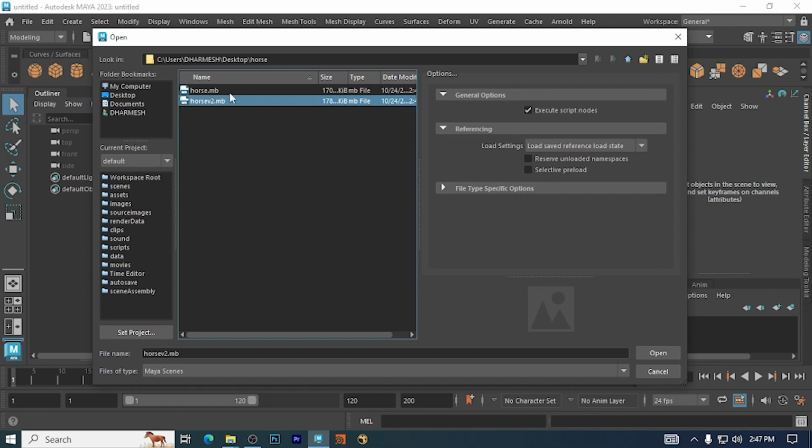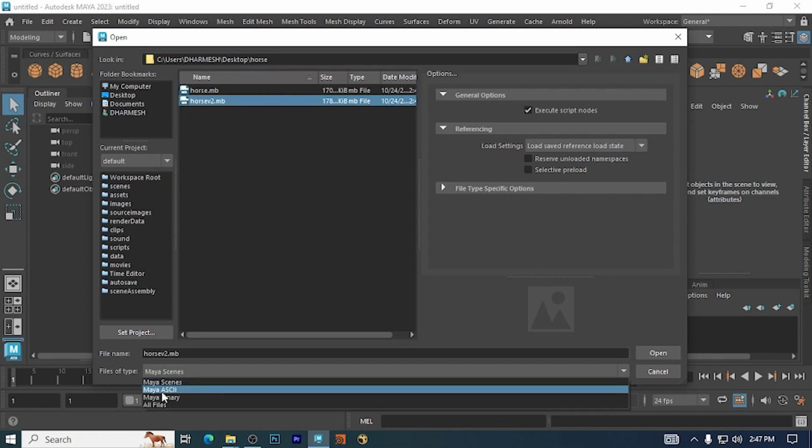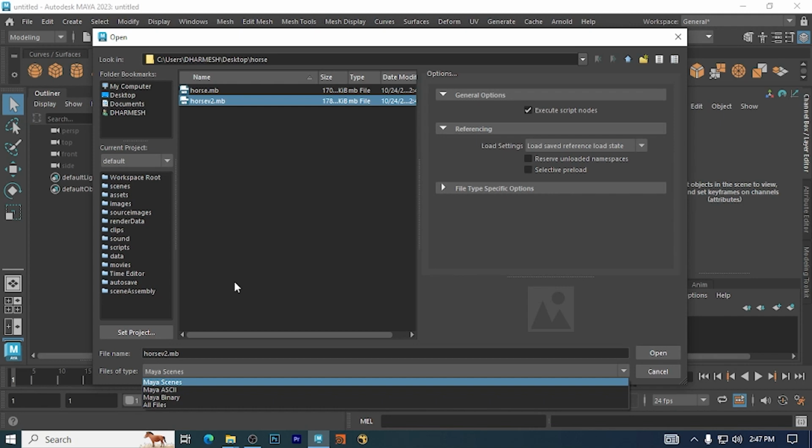So what is .mb? MB represents Maya binary, and we have two options to save a file. First is Maya binary and second is Maya ASCII. We can see both options here. Here it is mentioned Maya binary and Maya ASCII. Maya binary is the main file format for Maya, a kind of raw file format, and Maya ASCII is a kind of older format. In the older versions files were saved as Maya ASCII. Maya ASCII might help you to open a file in a lower version. So if we open this file again,